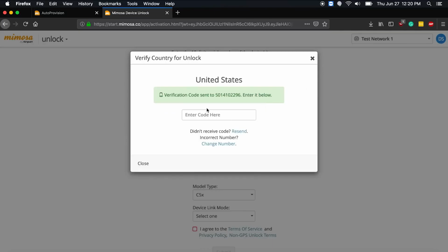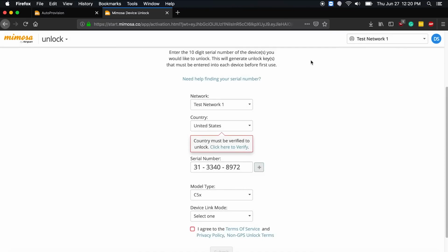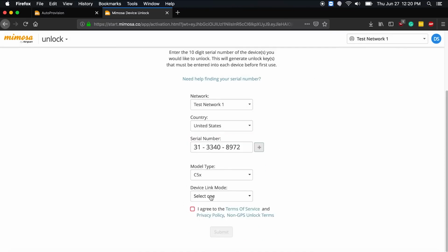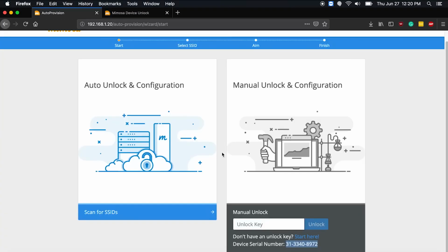Okay, so now I've received my verification code, so we'll type that in here. Hey, I'm verified. Excellent. So now that I'm verified, I'll go ahead and choose point to point because that's what we want to do. Put the check mark in, I agree to sign my life away, and now I have the unlock key. So I'll go ahead and copy that, go back to the initial screen, and paste that in